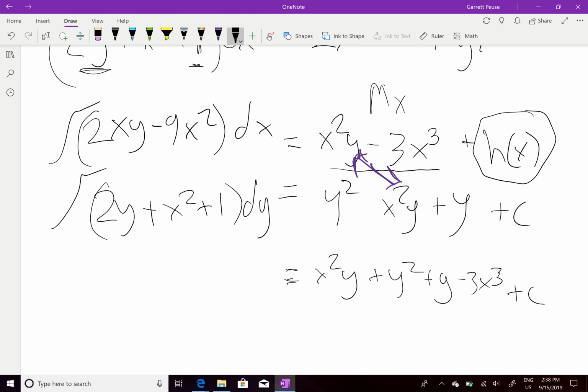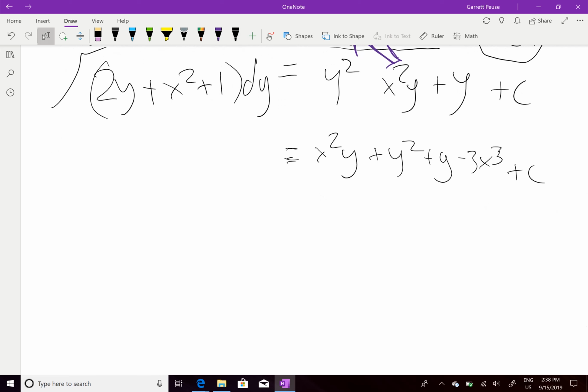plus c. Now obviously this could be written a little bit more elegantly, usually you do x squared plus